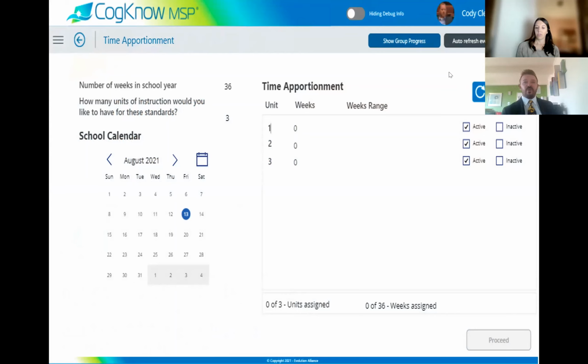we ask schools to give us their calendar. We input that so that when teachers are planning, they can say, how many units of instruction would you like to have for these standards? They can say, oh, we're 4th grade, we're going to use 6 units for this science work that we're going to do this year, or we're going to use 4 so that we mark all of our grading. They have the choice of how many units they want, and so the time is drawn there that allows them